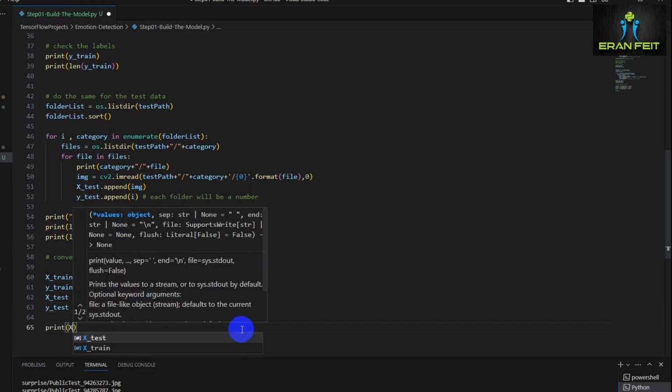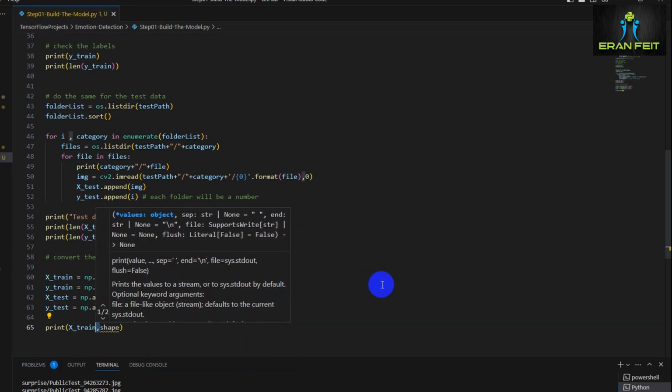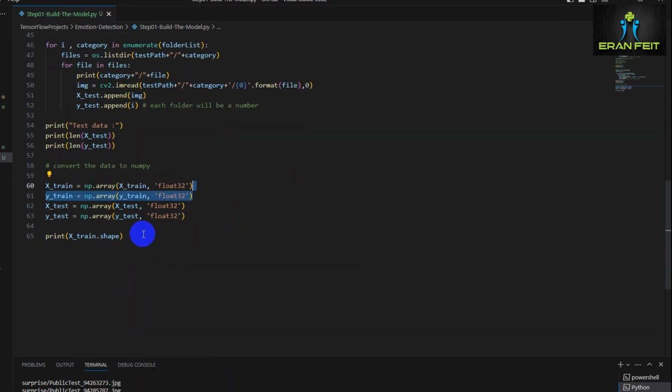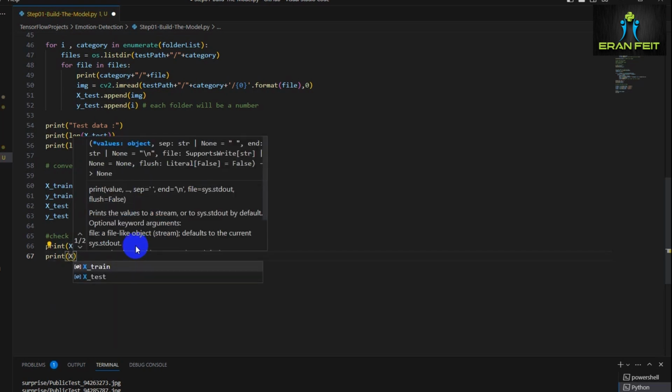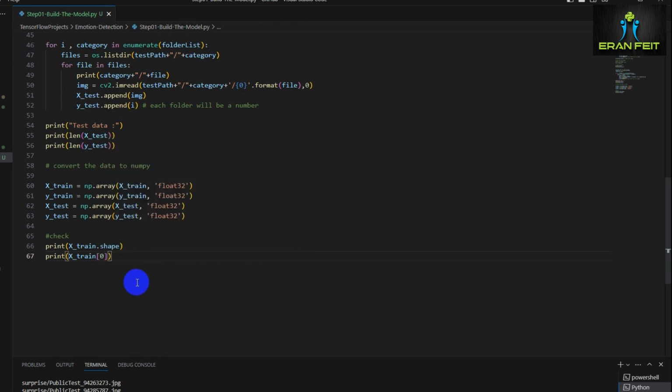Okay, next let's print the shape of the X-train. So we would like to see 28,000 images by 48 and 48,